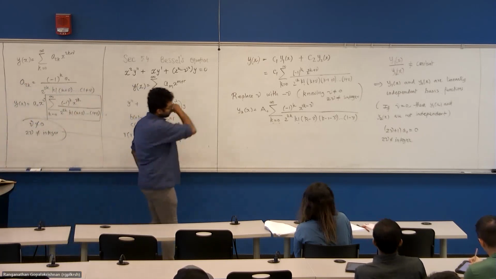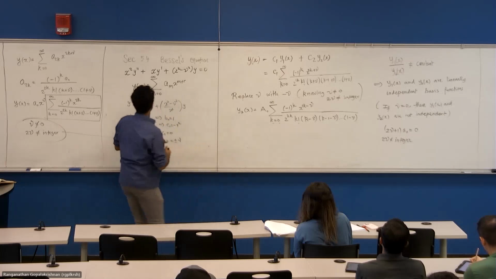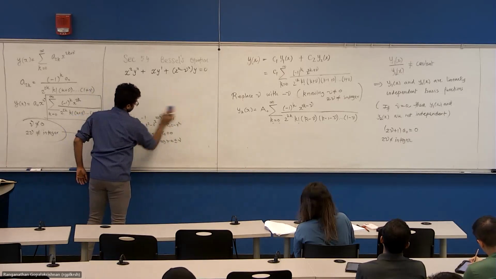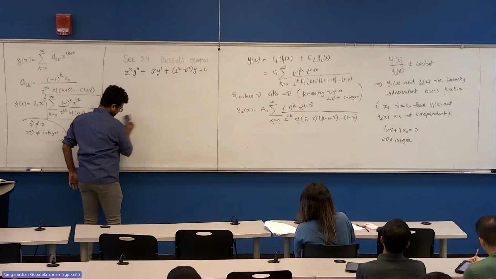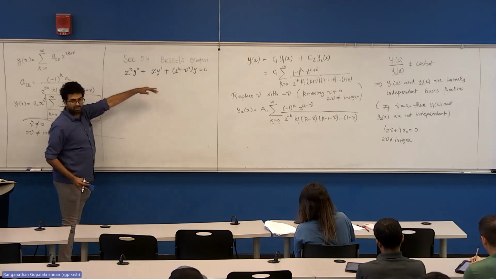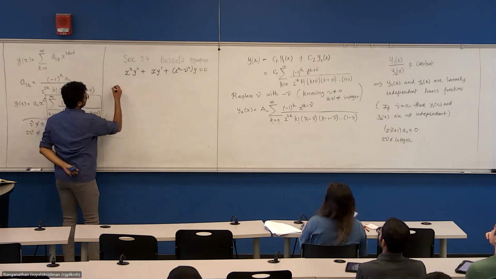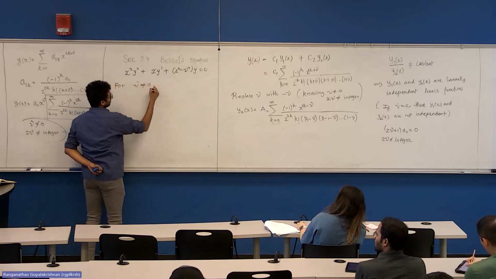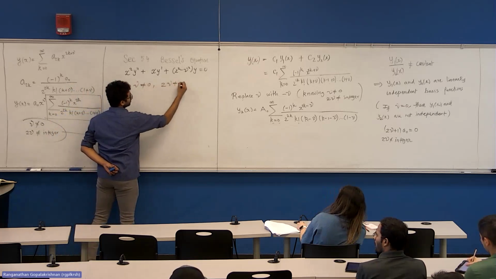This is an important statement here. In fact, I think this problem is on the mock exam. For nu values which are not 0 and 2 nu is not an integer,